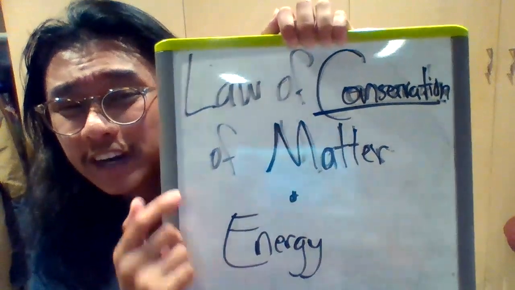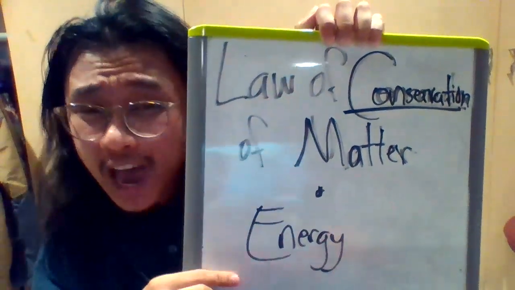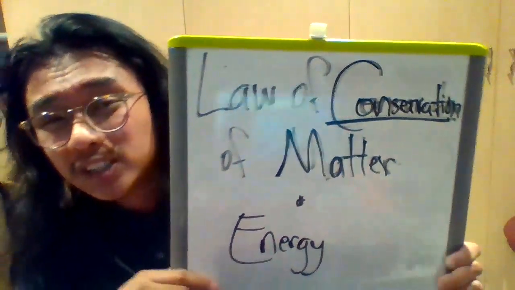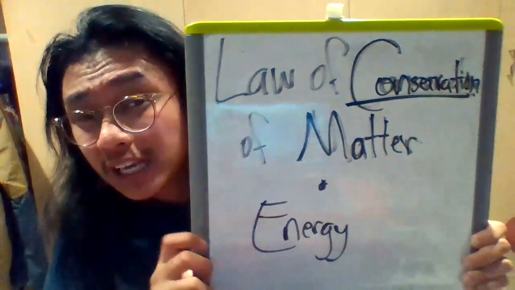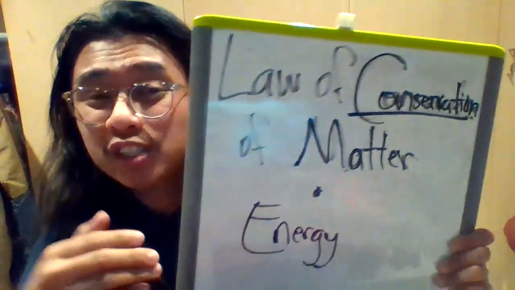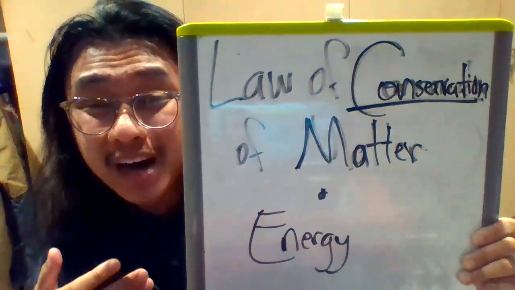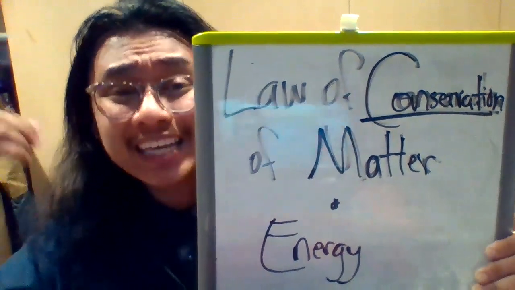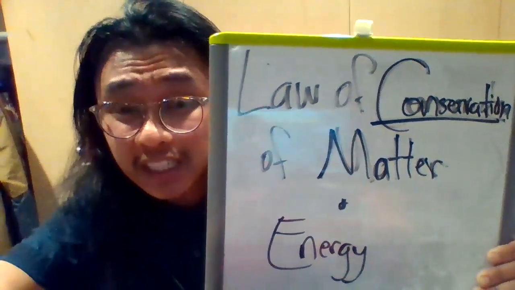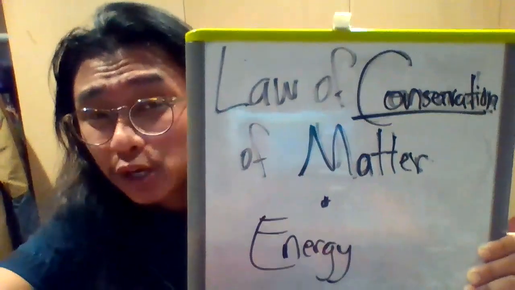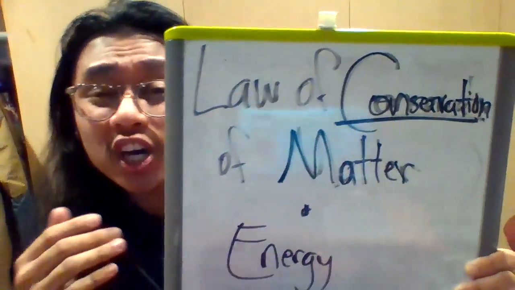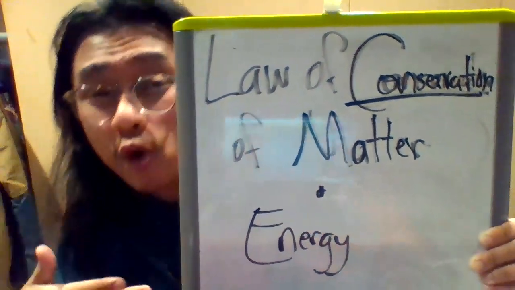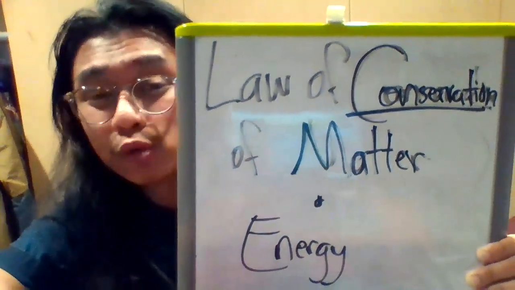So the law of conservation of matter and the law of conservation of energy are two separate laws or theories that scientists use to explain the world around us. Now, the key word here is conservation, which means to save. So when we're talking about the law of conservation of matter, we're saying that matter, solid, liquid, and gas phases of any substance, any element, cannot be created nor destroyed. It is conserved as it passes through things. So matter is conserved when it transforms and also when it transfers between locations.